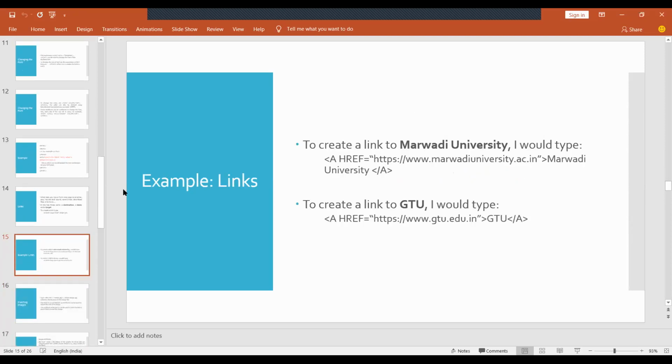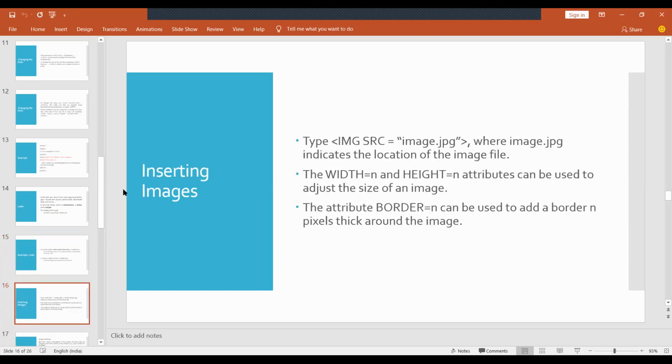Then, regarding the link tag where you redirect, the example is the same. And we see the image tag, which is how we insert an image. Here you have to provide the source, src, the source address of the image. It means you have to provide the image name with its extension. So that is the revision of the last lab session. Let's continue with the image tag, and then we also see different attributes.